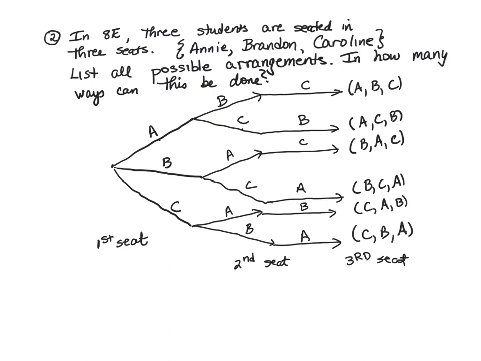And notice that this result and this result are very different. This result here tells us Annie's first, Carolyn is second, Brandon is third, whereas this one says Brandon is first, Carolyn's second, and Annie's third. So order matters. And this is an example of a permutation. And what's even nicer is that the number of ways this can occur is 6 ways, and the easy way to find out the total number of outcomes